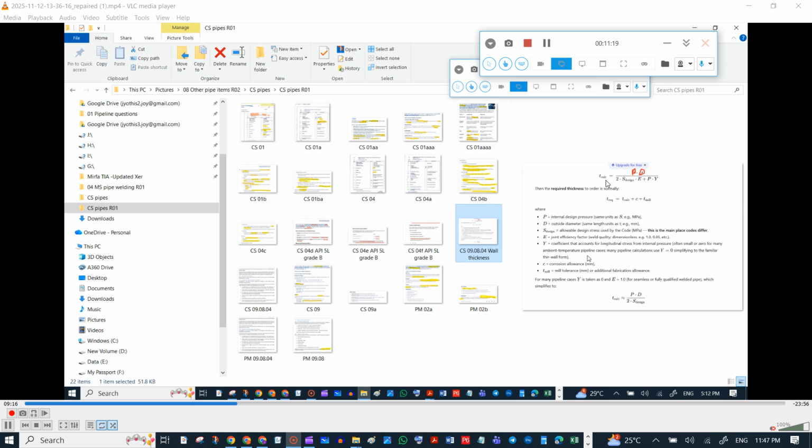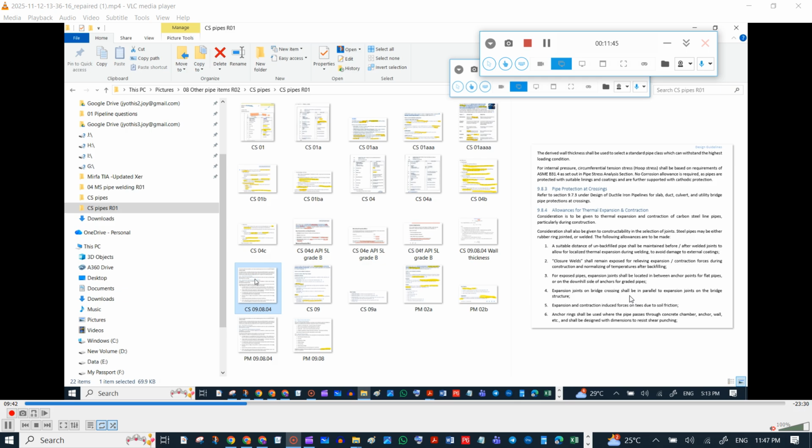The calculated thickness is PD divided by 2SC plus PY. When y equals 0, this y coefficient accounts for longitudinal stress from internal pressure or temperature variations, etc. So it's always minimal, and the y we are taking as 0. So PD by 2SC will be our